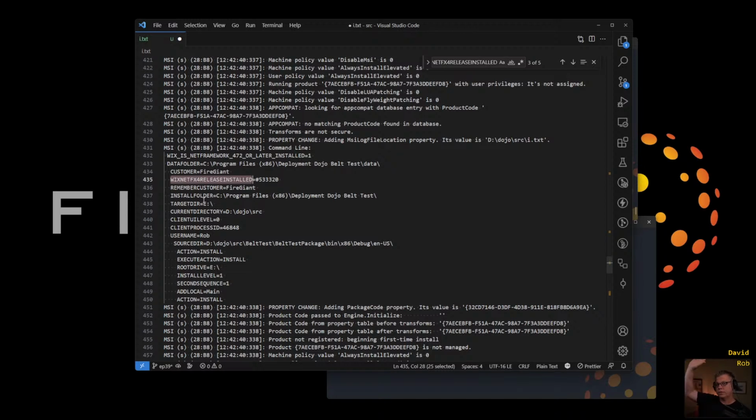So we did the client side, and it will pass over properties to the server side, but it's only supposed to pass the secure ones. Because what they don't want you to do is have lots of properties running around in your install.